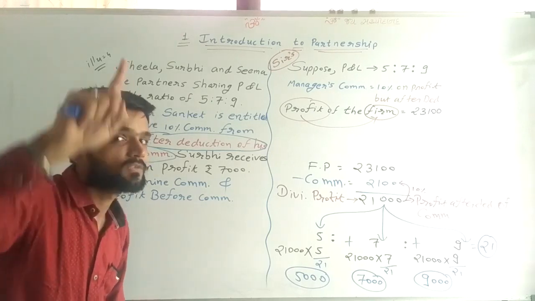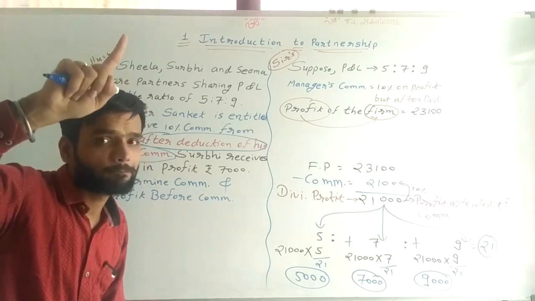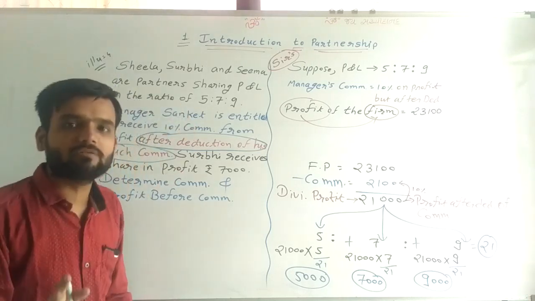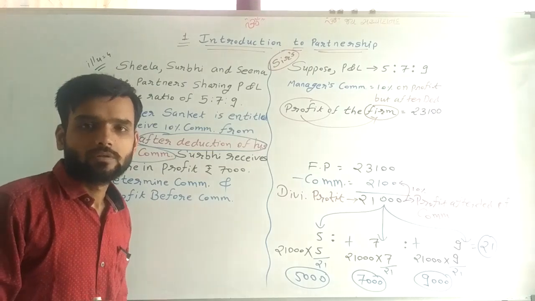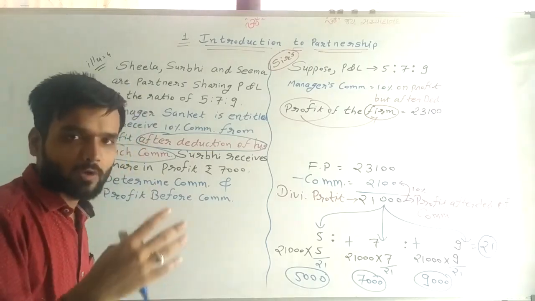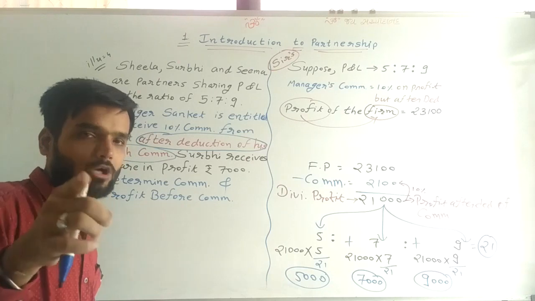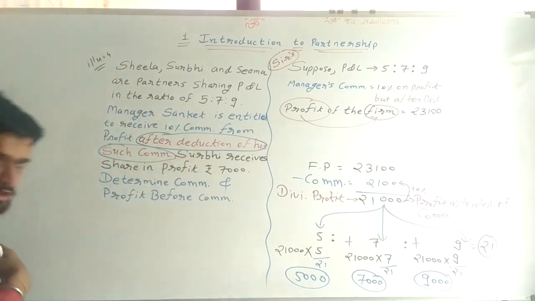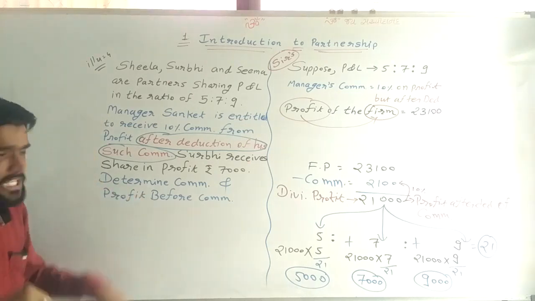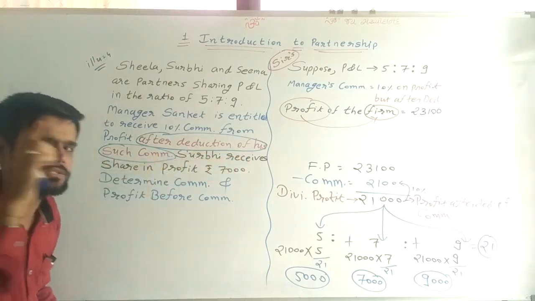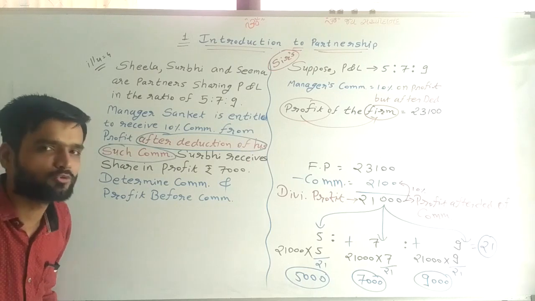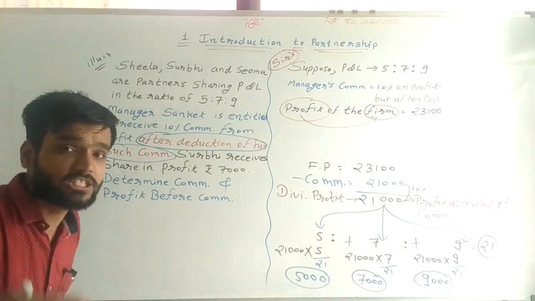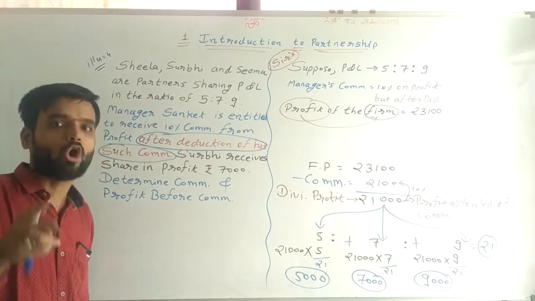First formula, firm profit given, or divisible profit given. Now, from those two formulas we are using one formula, because after deduction of such commission is what is given to you. It means from those two formulas we are using one formula. Now see what is given to you, divisible profit given or